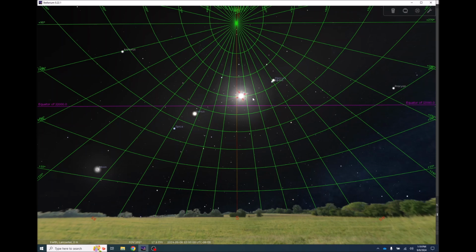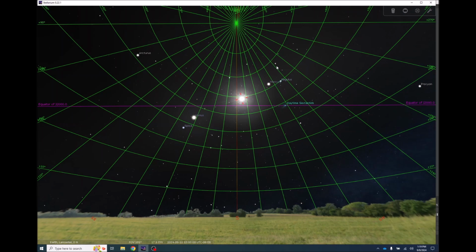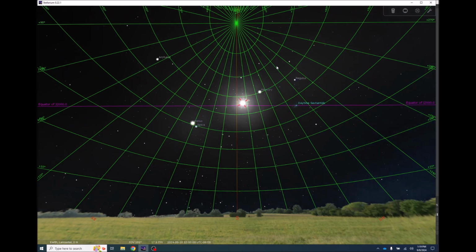Now, what I'm going to do here is leave the time at noon and go forward in days. I have a button here that just advances the days without changing the actual time of day. As I start clicking ahead, we see the position of our sun starts to drift a little closer to the celestial equator.